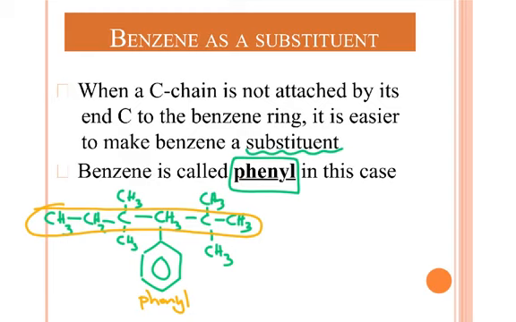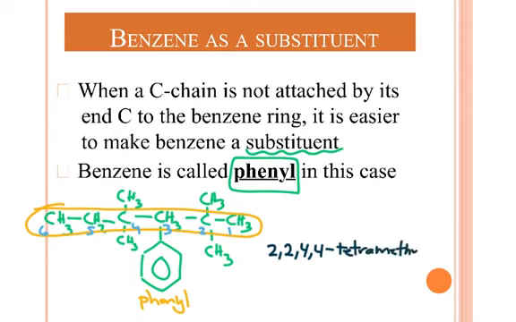Let's do some examples. Actually, let's name this one. Why not? So the action looks like it's closer to the right-hand side. So I would number on this side 1, 2, 3, 4, 5, 6. And let's have a look in terms of putting it all together. Alphabetical order as per usual. So we have a 2, 2, 4, 4